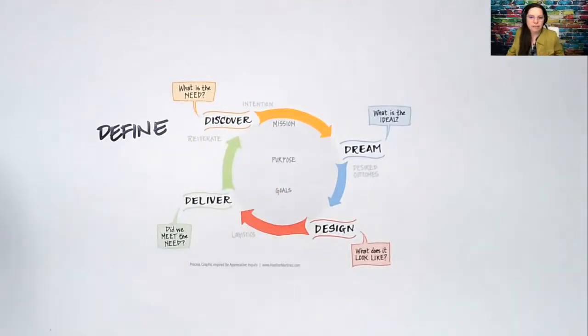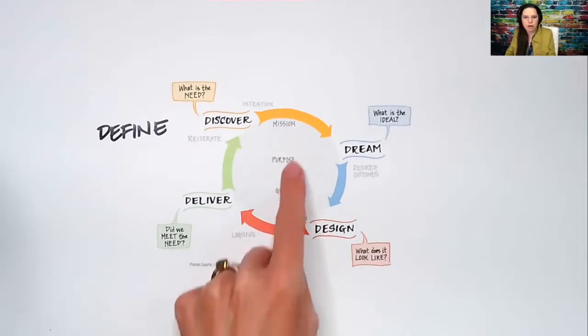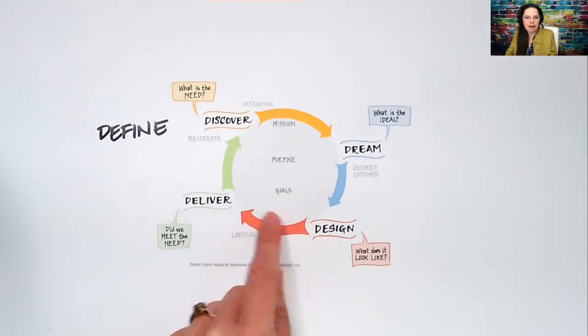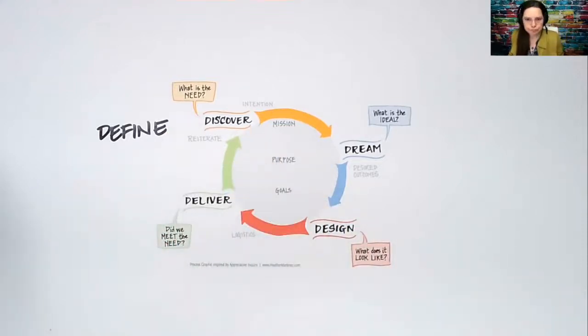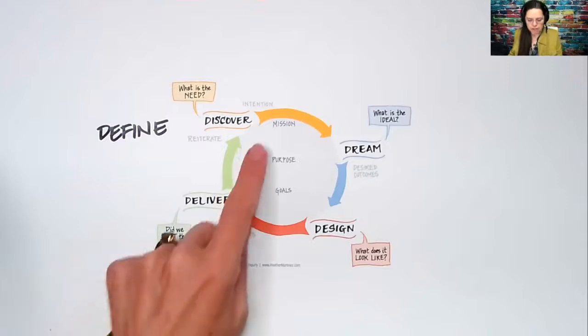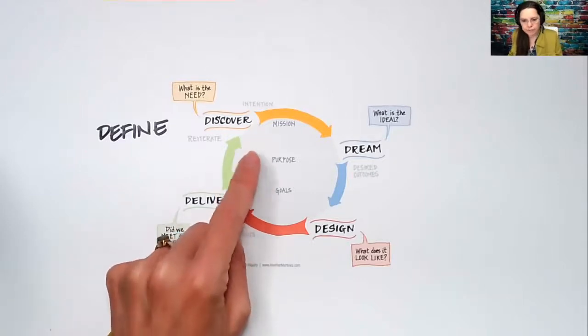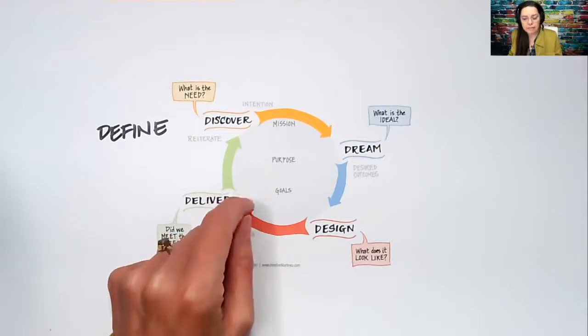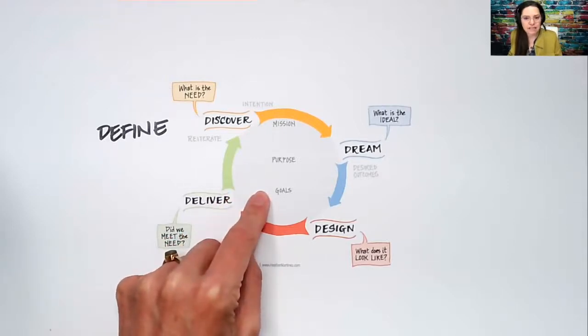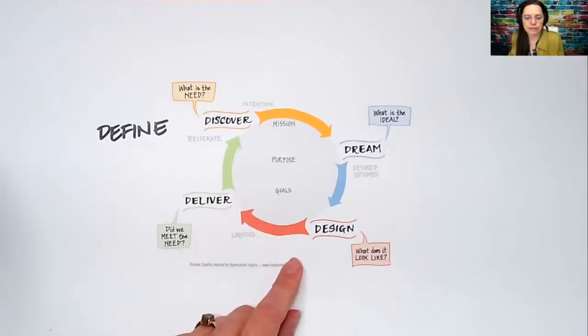So when I get ready to meet with a client, I do a little bit of prep work. I start by writing in the center part here, and maybe I'll put in the client's name, their mission, if I have it, their vision, the purpose of what I believe their meeting is going to be, maybe any goals that we may have discussed in emails or previous conversation. I may even go to their website and check out this information just to get a little bit of information